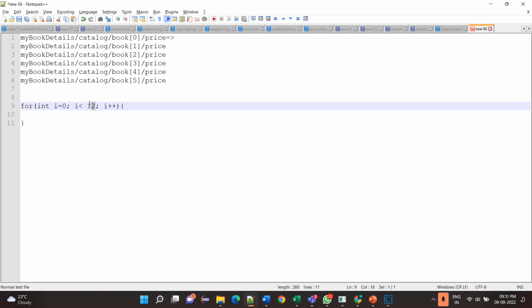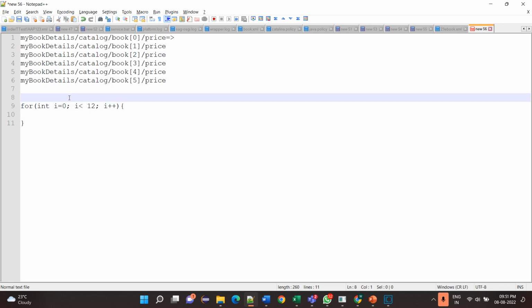How many? 12 times. For example, we have an array of, don't look for the syntax, an array of price, and consider that we have 12 different prices inside this array,